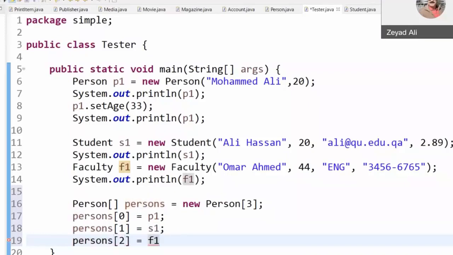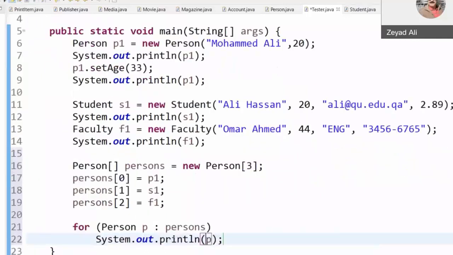All of them are persons. Any child in the hierarchy is considered a person. Even here I can use an enhanced for loop for person P in the array persons. I just need to output it here, sysout P. This is the enhanced for loop we learned a long time ago.